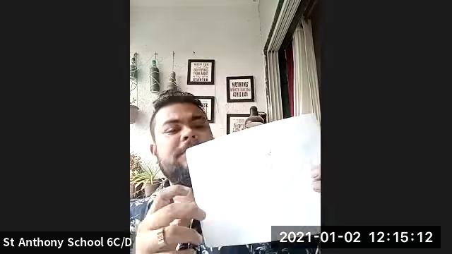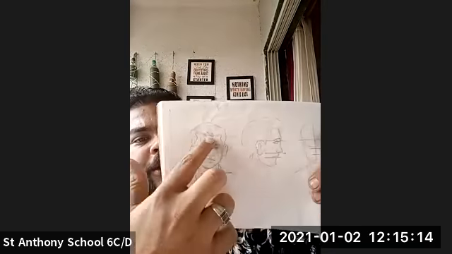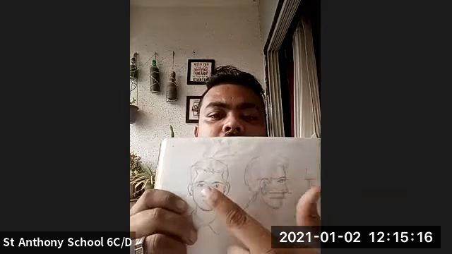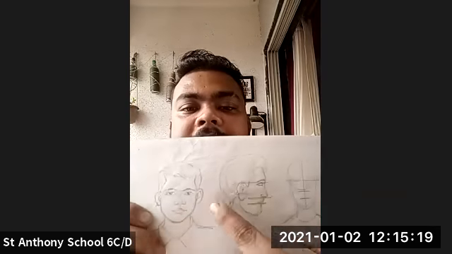So now what we are going to do here, we have taken our drawing page. Yes, and let's begin with this. But before starting, I'm going to give you a small idea of how to construct the face. Okay, so this is the idea. Here I have turned the page. I'm just turning the camera. I want each and everyone to pay attention to this class, or else you will not be able to understand what I'm teaching.